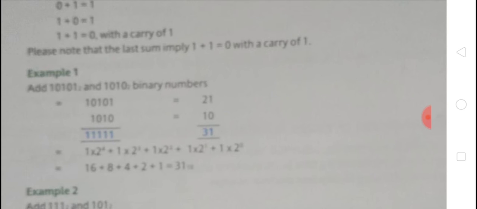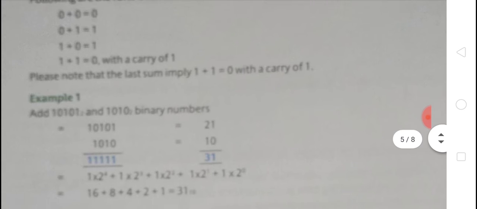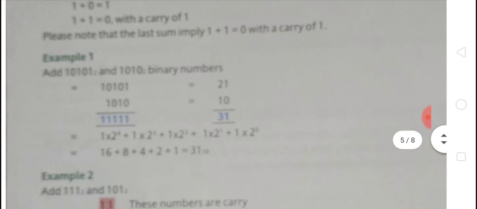One example is given here: 10101 and 1010. As given here, 1 1 1 1 0, then 1 0 1, then 0 1 1 and 0 0 0. Look here, first 1, then 0. The 1 0, what is written? 1 0 1, so you write 1. 0 1 also there, 1, then write 1. Then 1 0 again coming, then write 1. So 0 1, then again coming 1. Then last written 1, then 1.